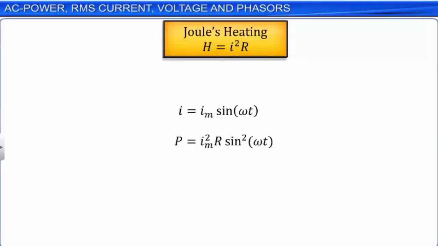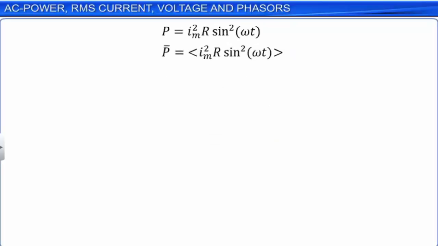Earlier, we learned that the current through an AC circuit containing a resistor is given by I is equal to Im sin omega t. On substituting the value of I in the equation for power, we get P is equal to Im square R sin square omega t. If we average the value of the instantaneous value of power over an entire cycle, we can write the expression